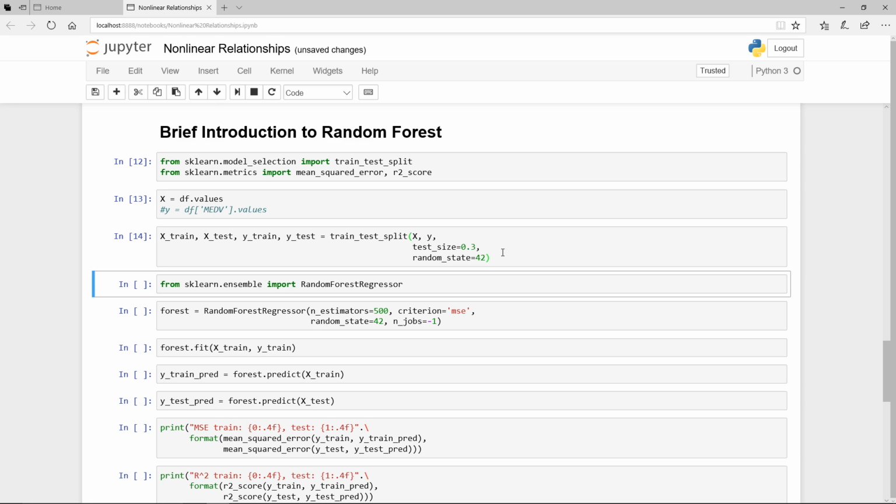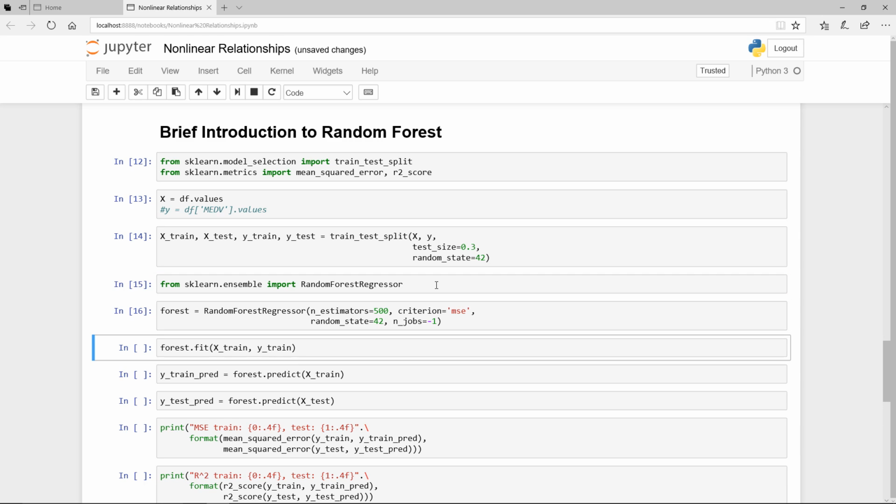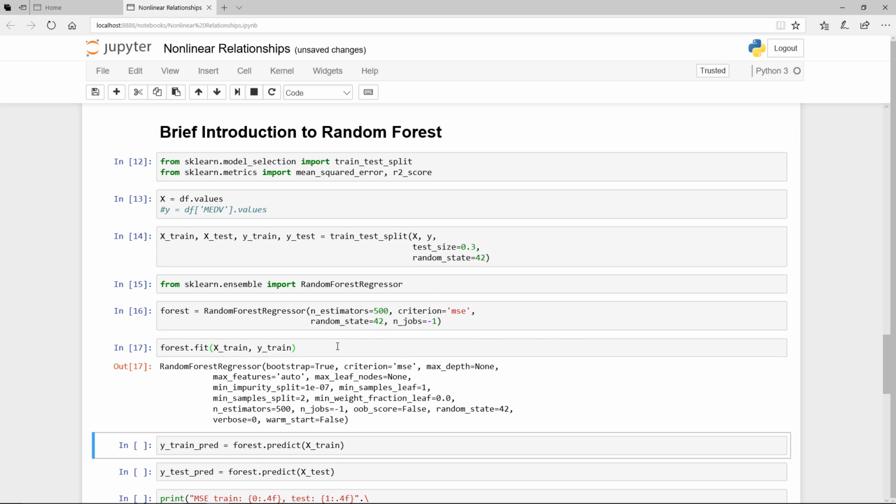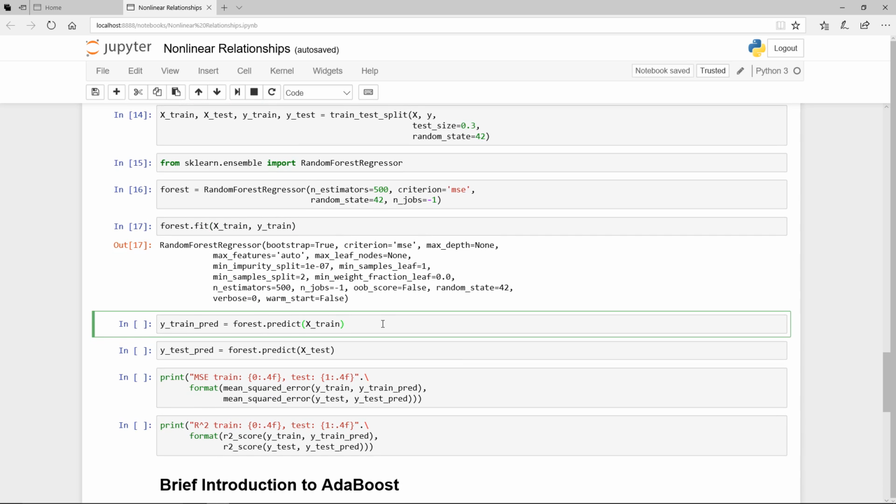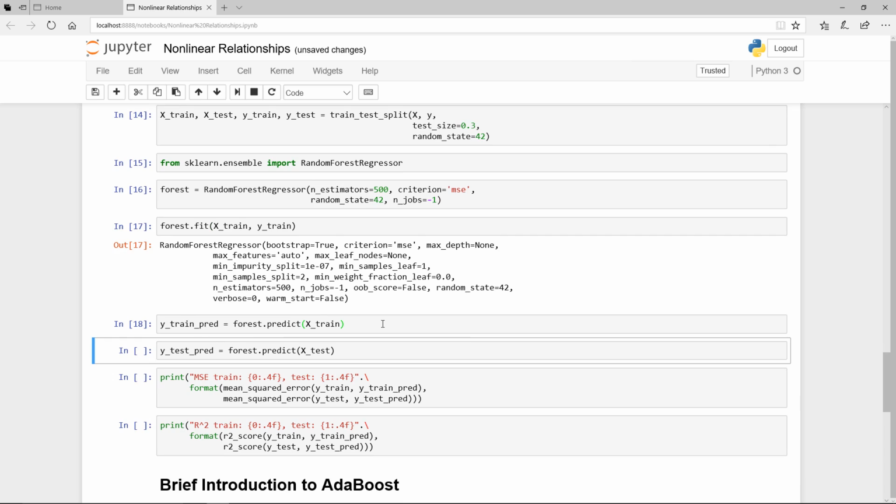So the next line is really importing our random forest regressor and instantiating it. The criterion we're using is mean square error, and fit our forest, and we're gonna run the actual prediction using the training data, and again run the prediction on our test data, except that these are data that we have not seen before. The test, which is the X test, we didn't use in our fitting or our training